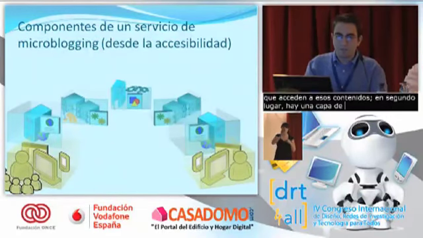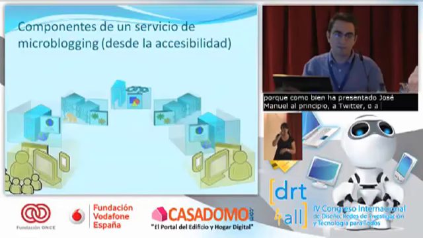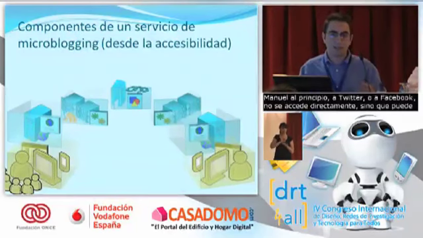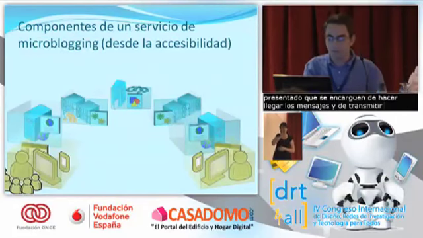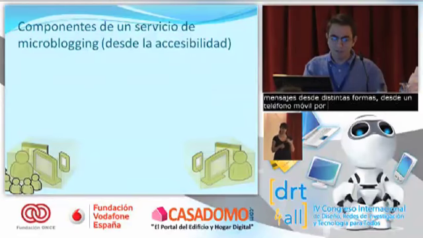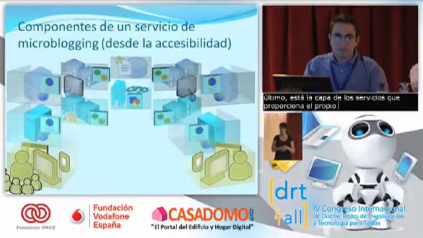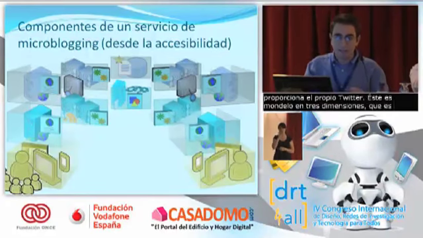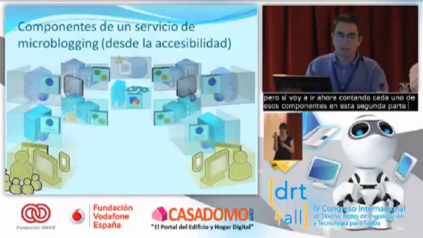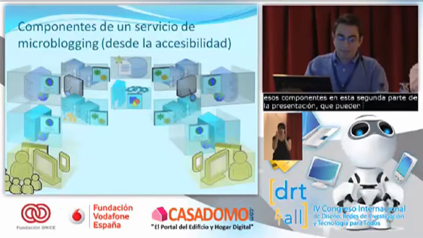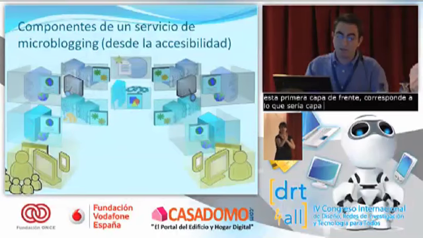Then we have a second layer, which is intermediation. Because as Jose Manuel said at the beginning, Twitter or Facebook you cannot access directly. There could be intermediate services like the one he presented, which transmit the messages through voice, for instance, using a mobile. And finally, we have the final layer, which are the services offered by Twitter. This is a 3D model that is quite complicated to explain, but I would like to talk to you about each of these components in the second part of the presentation and see what obstacles they can present. First of all, I would like to say that this layer here, the front, is the web engineering, the